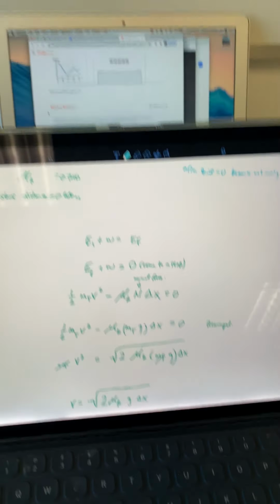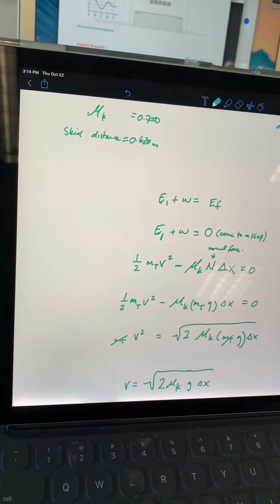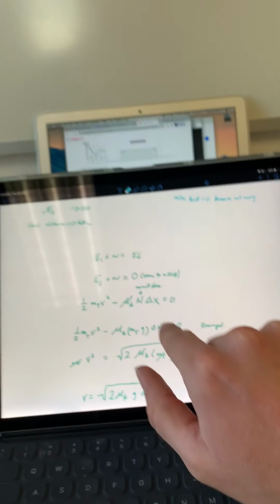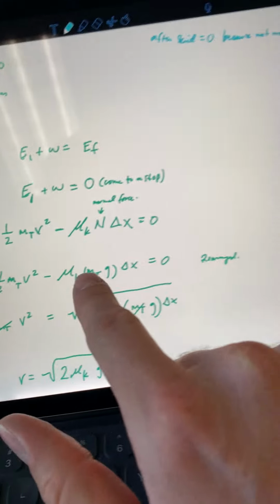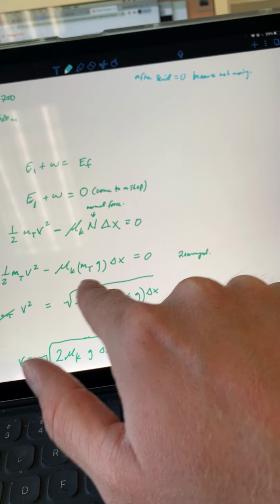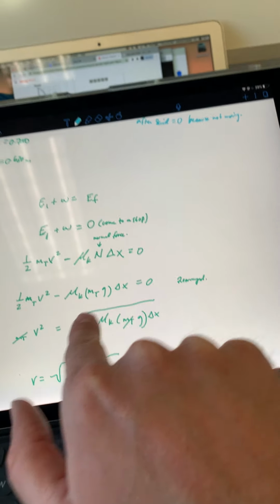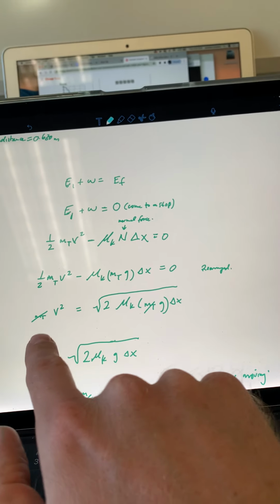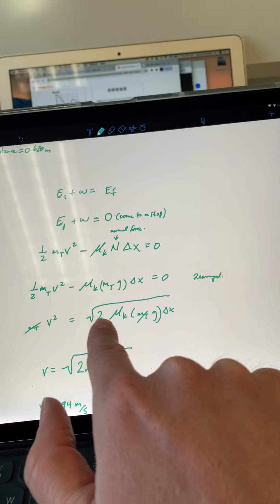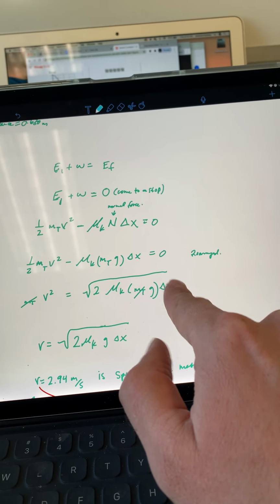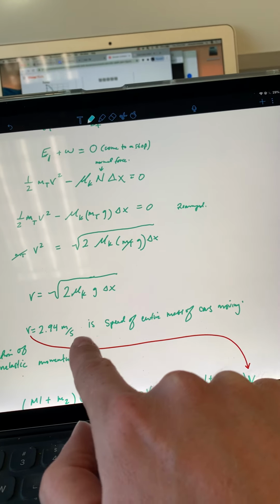If we're looking at work as equaling the force times the distance it's displaced, right? So that being said, we rearrange that, the normal force is the mass total times gravity because we're not sinking through the road. And then that would be equal to 0. So I'm going to rearrange that to solve for V. I'm going to find the velocity of all three moving at the end. And the velocity is going to be equal to the square root of 2 times the coefficient of kinetic friction, times mass total times gravity times the displacement,